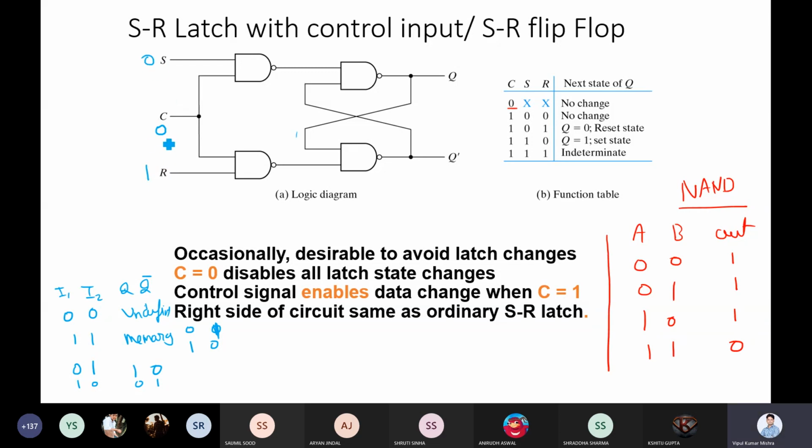Let's say taking value of 0 and 1. Now let me check what will be the output here. What do you think? What will be the output here? 0 0, you will get 1, and 0 and 1, you will get 1.